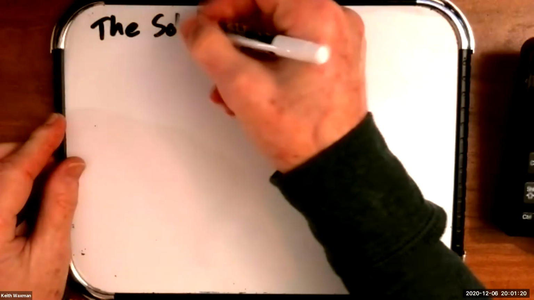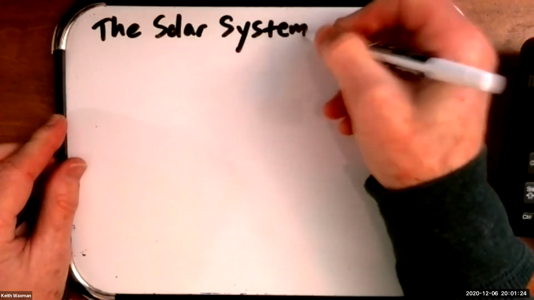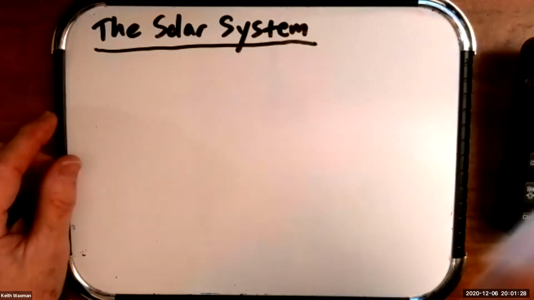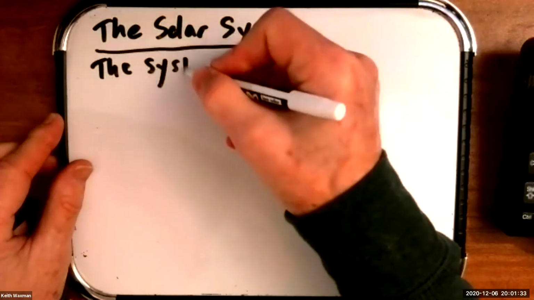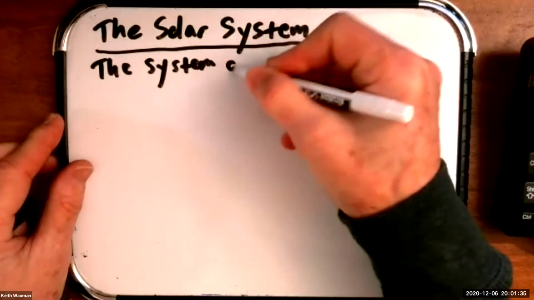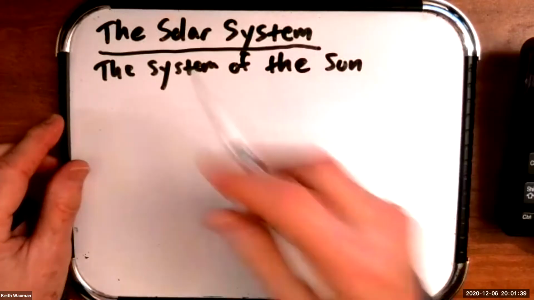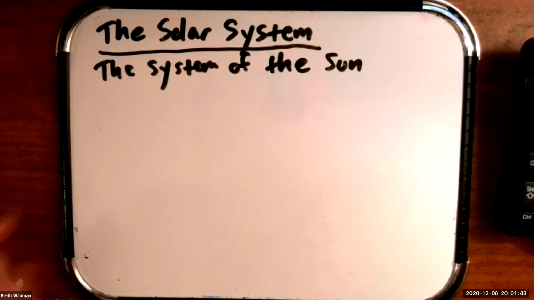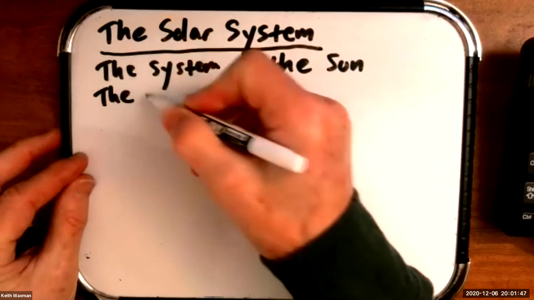the solar system. The solar system is the system of the sun. Sol was the Roman sun god. So Sol means sun. So it's the system of the sun, or if you prefer, the sun